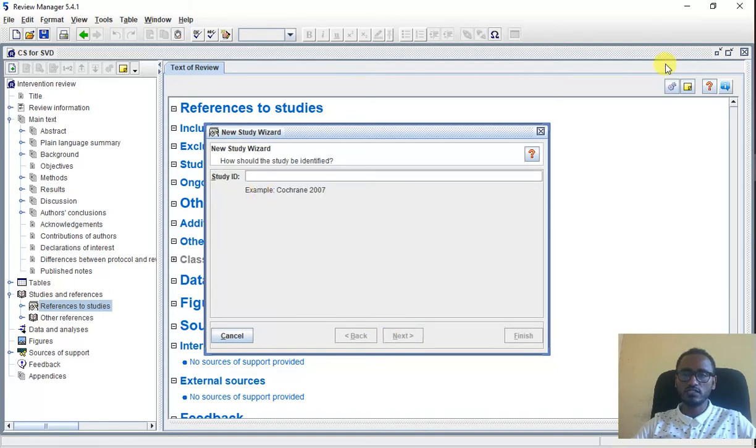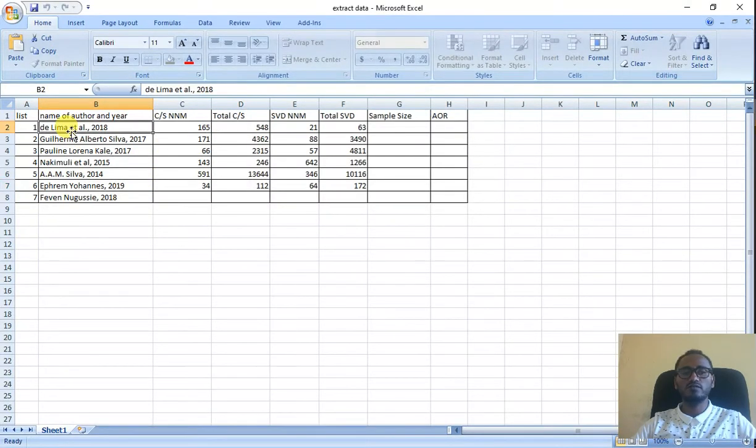So next, from my templates, I've already prepared the templates, and I do have around 6 studies that will be included in this meta-analysis. So the first one is Dilma, Garhammer, Alberto, Kale, Nakimobi, Silva, and Ephraim. So these studies are those that meet my eligibility criteria. They are eligible for meta-analysis and in line with my research objective. I just